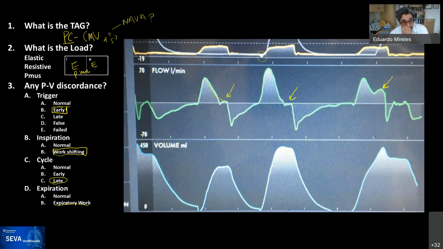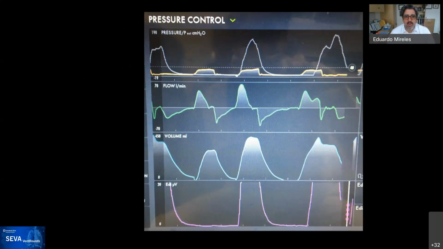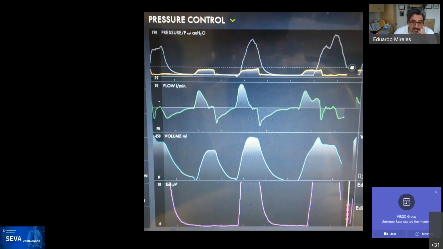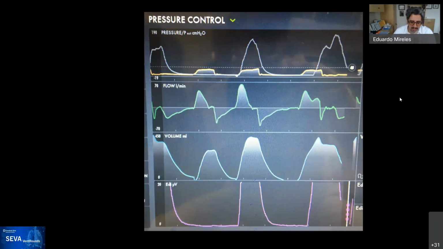So the key here, and why I like this waveform, is because this was one of the early COVID patients that we had, and we were fighting with the patient to try to get him to coordinate with the ventilator. And the message here was that